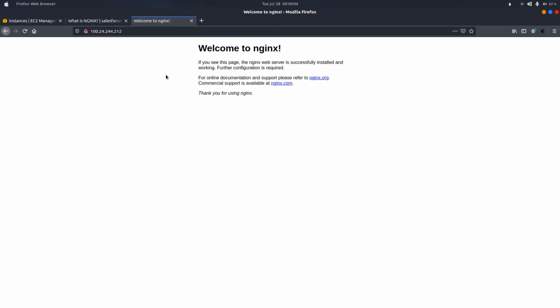Now in this video we will see how we can configure a proxy pass, or I can say reverse proxy, on Nginx. So guys, what is a reverse proxy? If I explain this in very simple terms, think back to your college days. Whenever the teacher called out your name during attendance, your friend used to mark you present instead. So that's what a proxy is.